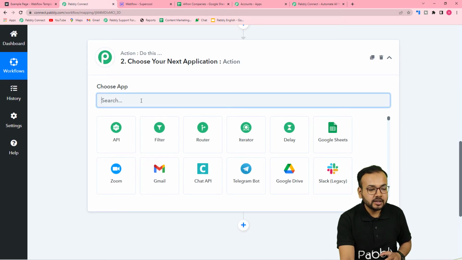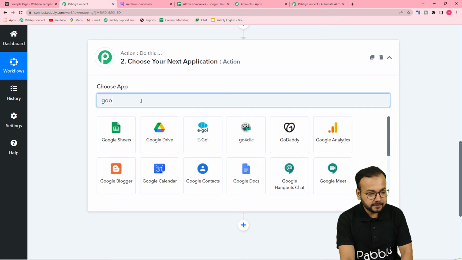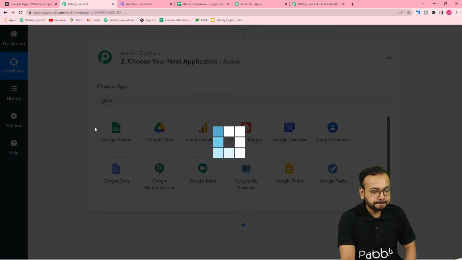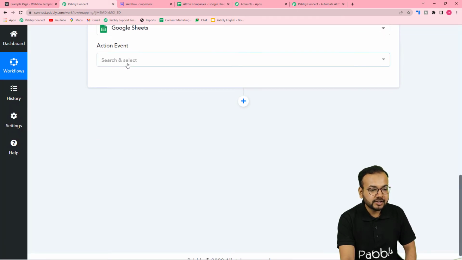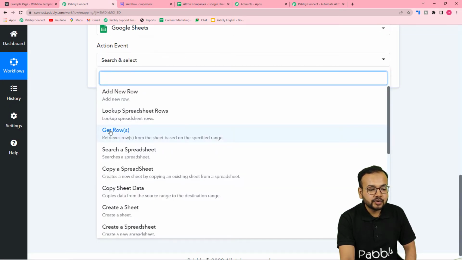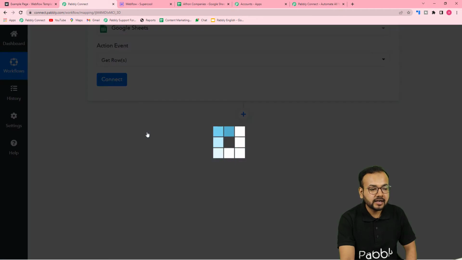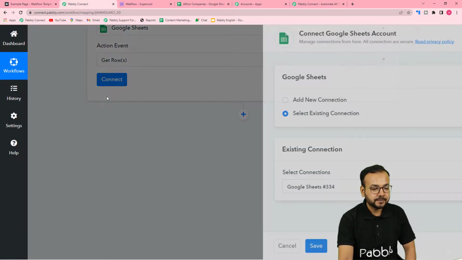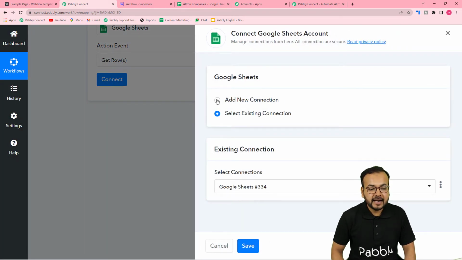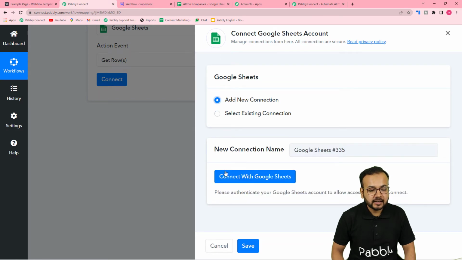Okay. So from here, select Google Sheets application. This is it. Okay. And the action event would be get rows option. So what it will do, it will retrieve the rows from the sheets on the specified range. Okay, select get rows, click on connect, and from here select add new connection, and then click on connect with